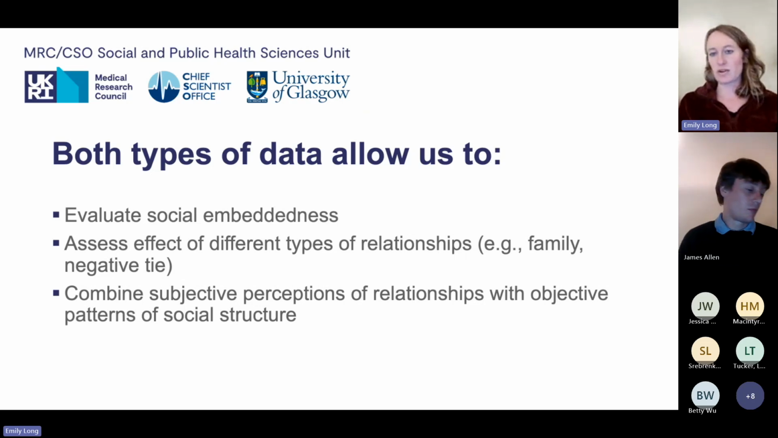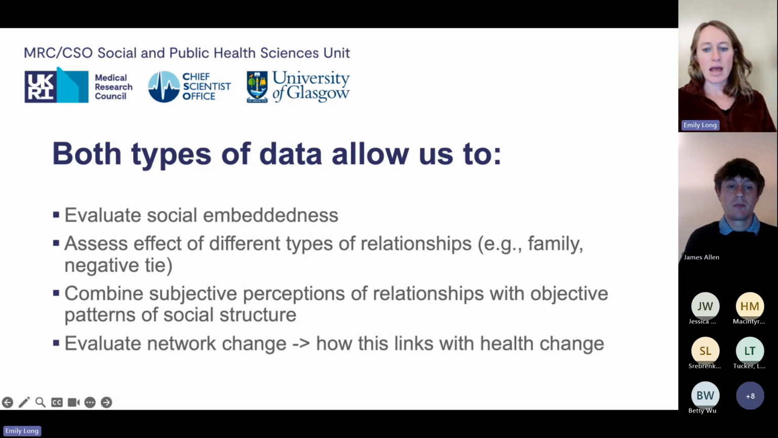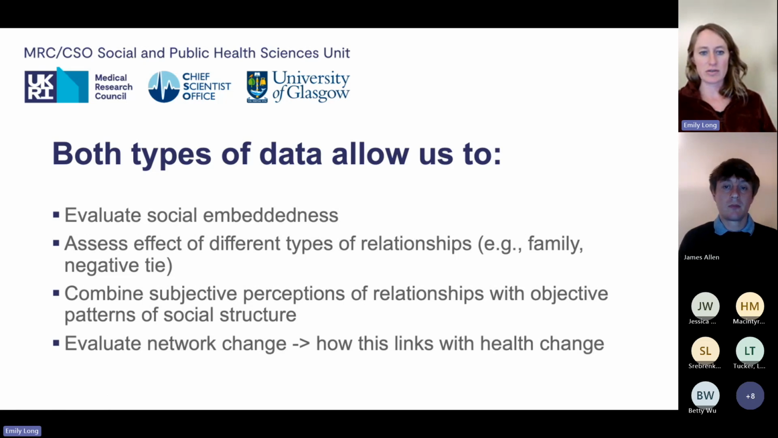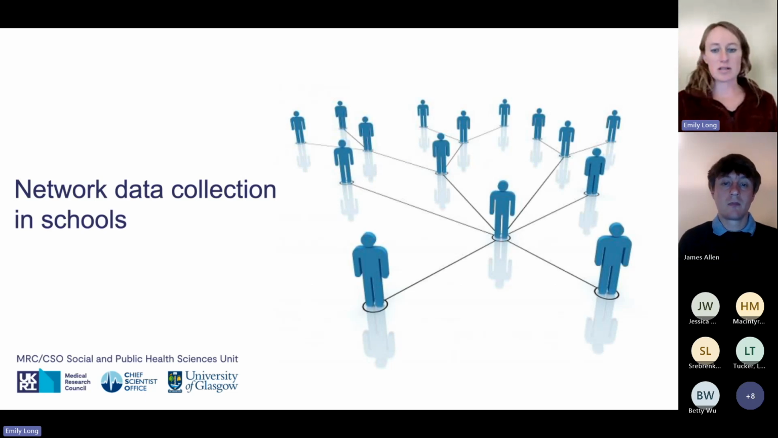So if you're thinking of a friendship network, like who knows whom in a school would be more of an objective measure of the connections. And then when you are lucky enough to have longitudinal data, you get to look at network change and how network change is related to health change. So for network data collection in schools, like we did in the SOCITS project,